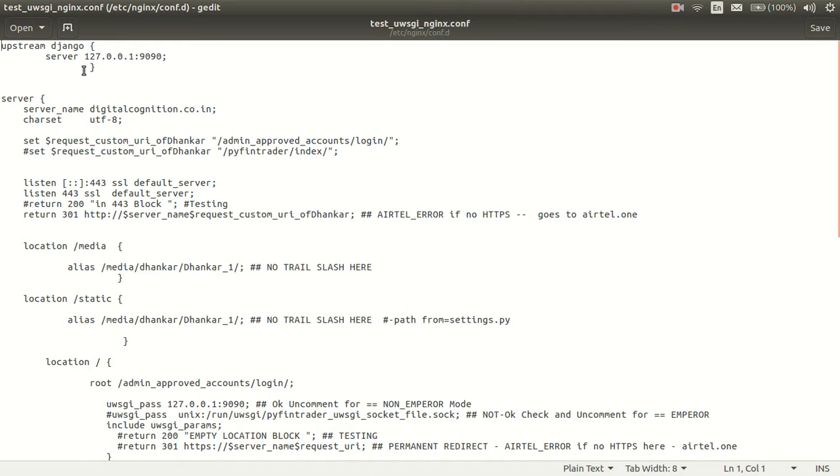So this one has upstream Django, which gives an upstream location for the Django server, on localhost port 9090. In place of port 9090, we can have absolutely anything else. Port 9090 is, let's say, almost the default in such cases. Now the server name, this is the server name of the site which I have, and if I were to look at this,